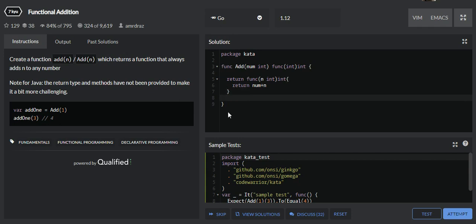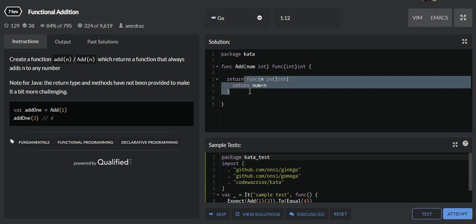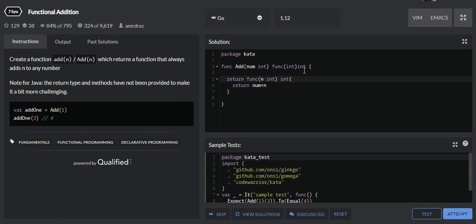Okay, so this is a function add which is taking an integer n, and it is going to return another function. So what is that function? This is the function which is taking a number as input, and it is going to add it. As this function is within this function, so this n is accessible in here. So it is going to add whatever number is passed here, and it is going to return that value. So the return of this particular function is an integer type.